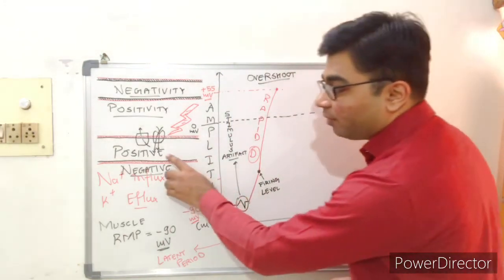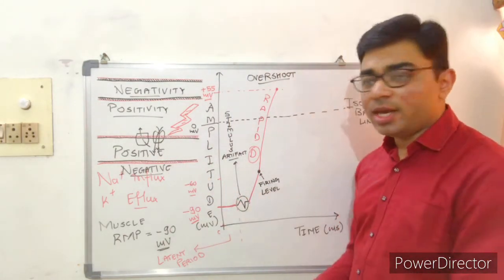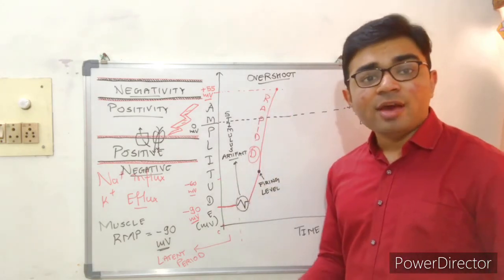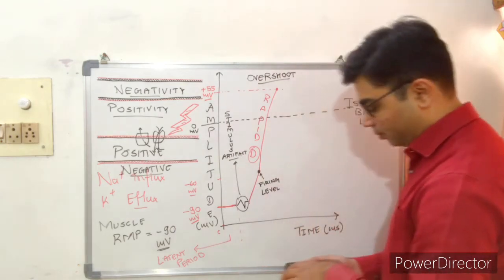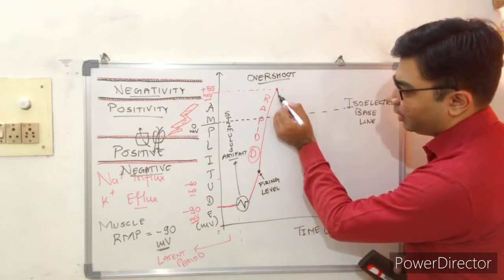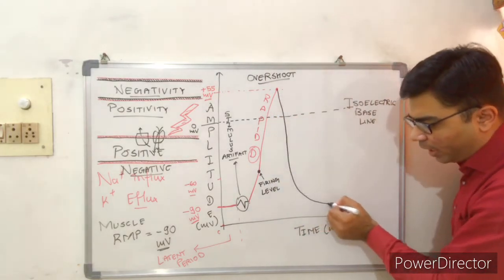So the positivity is going to decrease slowly and gradually. So after watching the rapid depolarization, which is followed by a very slow repolarization, let me draw it over here, that a very slow repolarization is going to happen,